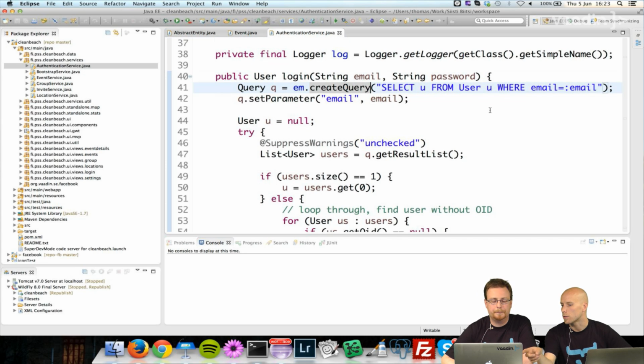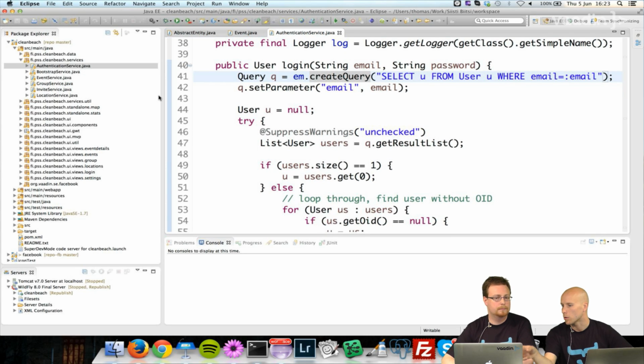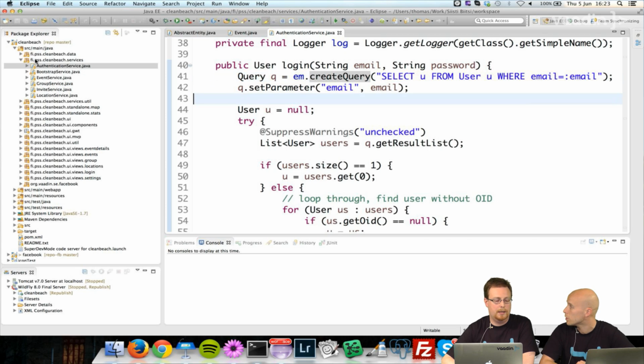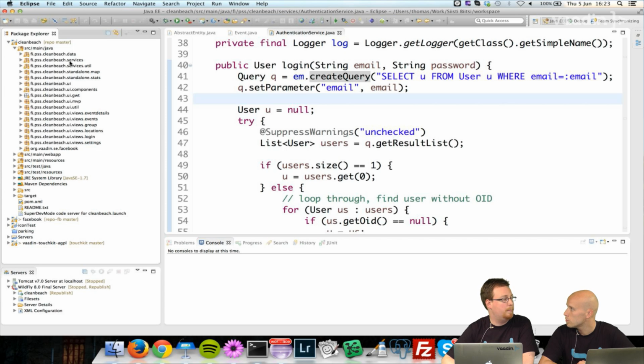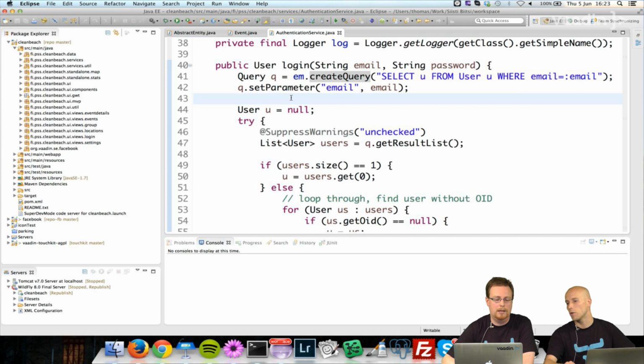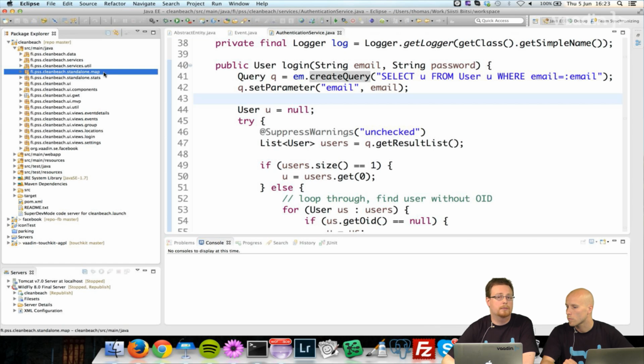Now that this is a standard EJB, you can also, in theory, if you need more scalability for your application, move that service to some other server pretty easily by just configuring. Yes. The reason why I have everything in one project is because it's a little bit simpler to set up, but there's no reason why this couldn't be in a separate project, deployed separately on another server. In this case, the number of concurrent users is not that big, so we don't need to do that. But since it's normal Java EE, you have all the flexibility. If you're a big team, then definitely split this into its own module. Yes, definitely.